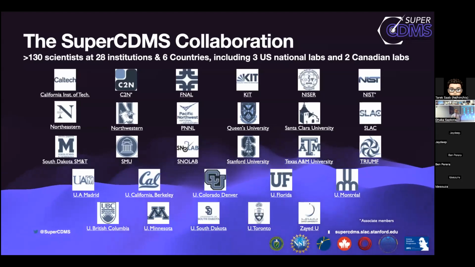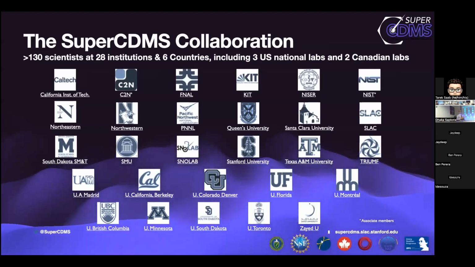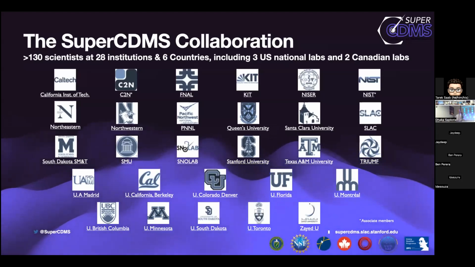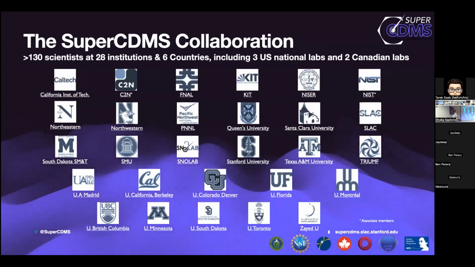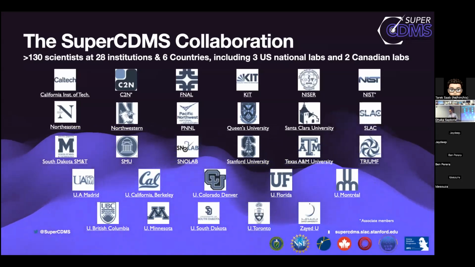It depends on who you talk to if this is an impressive number or not. In some areas of physics, we're 130 scientists from about 30 institutions across the country. Compared to collider experiments, this is peanuts, this is tiny. Compared to small condensed matter type physics, this is huge. Compared to space-based physics, this might be in the ballpark. But we have people mostly in the US and Canada, but also collaborators in Europe and India involved in this